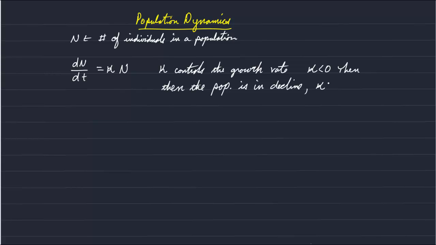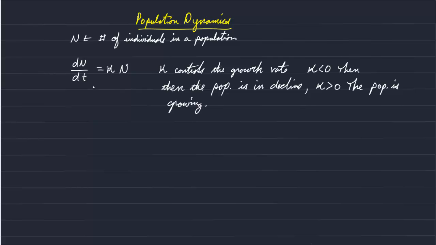Or if kappa is greater than 0, then the population is growing. So I hope it's intuitive that the rate of population growth depends on the number of individuals there are to grow the population. So this is a